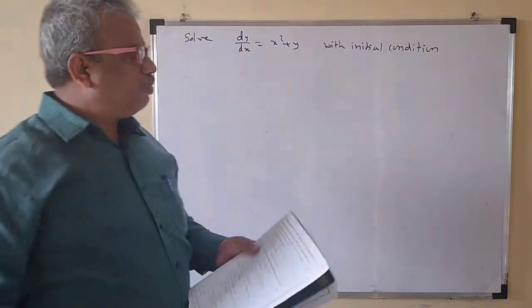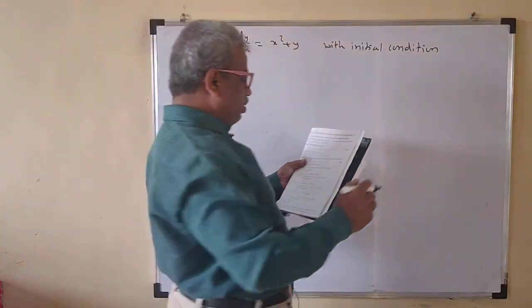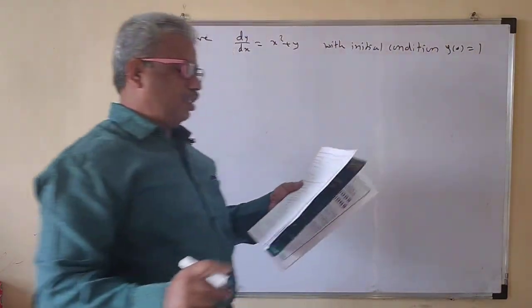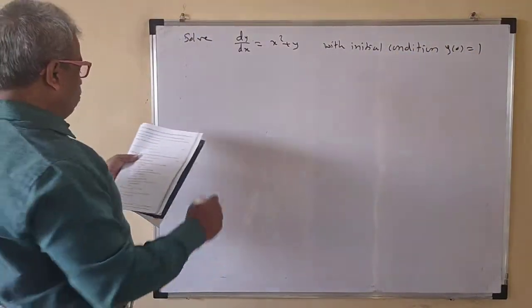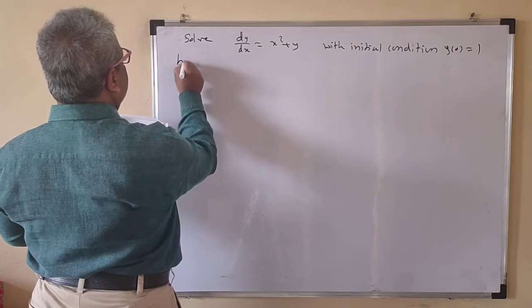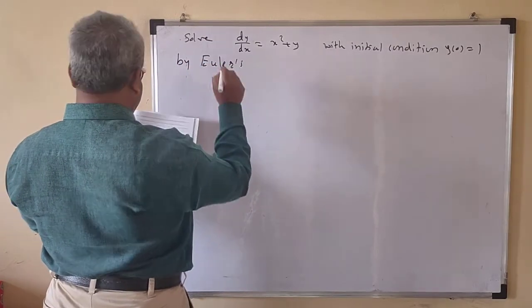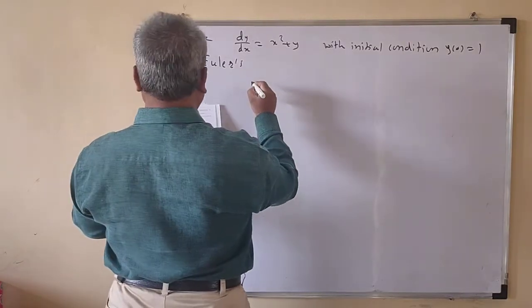If they do not mention the initial condition directly, they have given this, so no matter, this is y of 0 is equal to 1. This is the initial condition. By Euler's method, the method will be given to you. By Euler's method